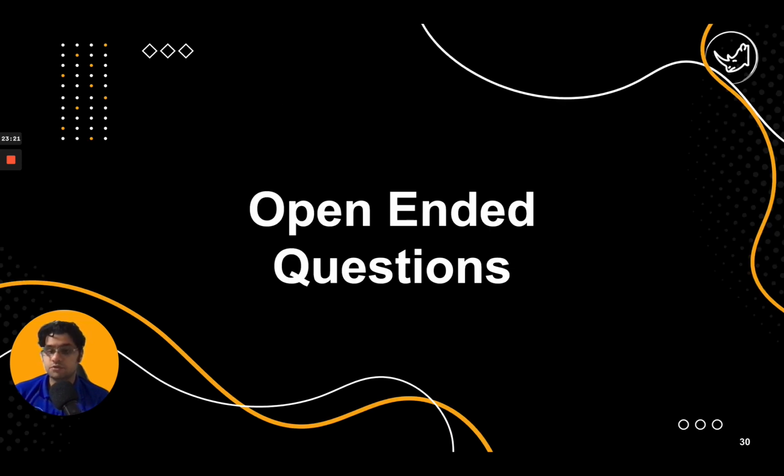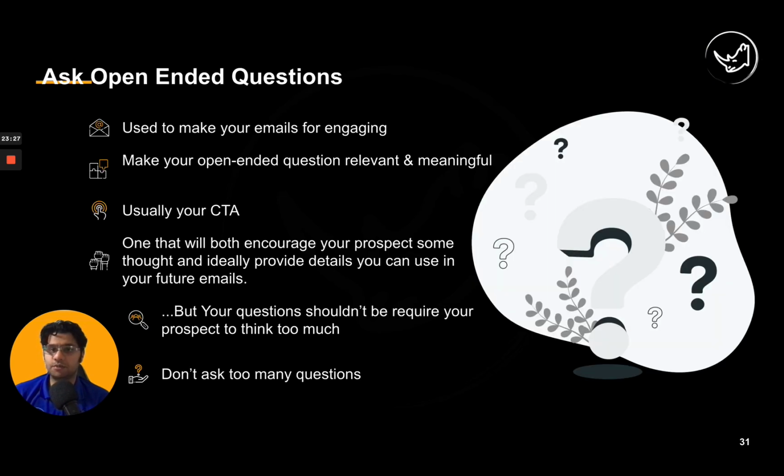We're going to transition into this thing called open-ended questions, which is usually how you want your CTA, your call to action, to be. This is the whole idea that you want to be asking open-ended questions, typically one in an email. You don't want to ask multiple open questions, right? The reason we do this is to make your emails more engaging, right? You want to make your open-ended questions relevant and meaningful. Again, it's usually your CTA,